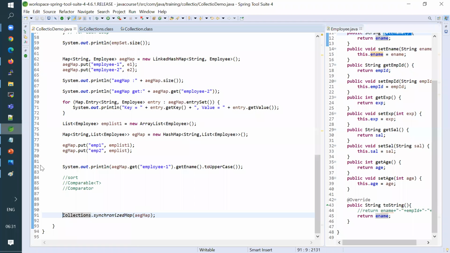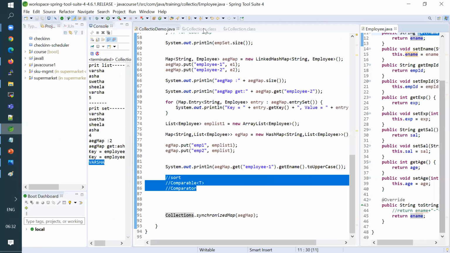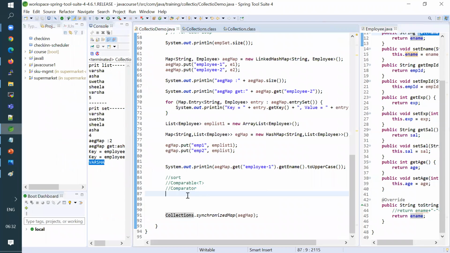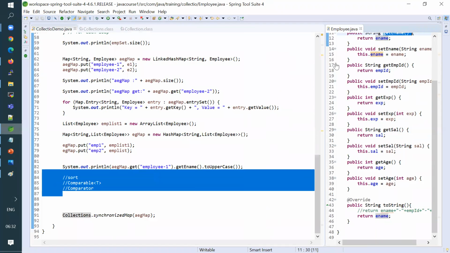So likewise, Collections has a lot of things. And yeah, comparable and comparator is one thing. To understand more about what comparable and comparator are, the idea is to sort the elements in a particular collection. We use both comparable and comparator for this. Okay, to just give you some overview,